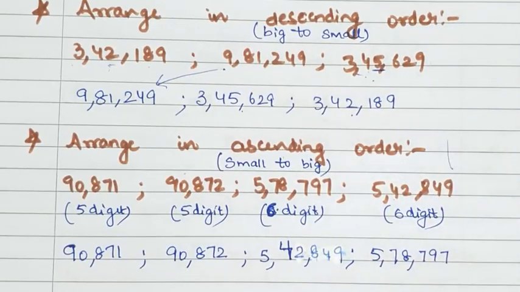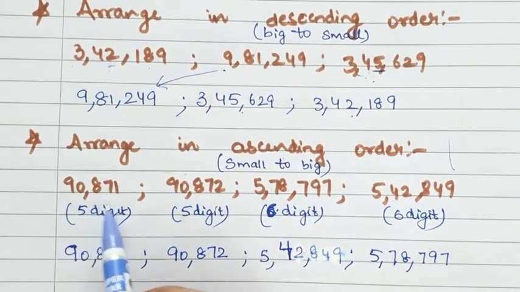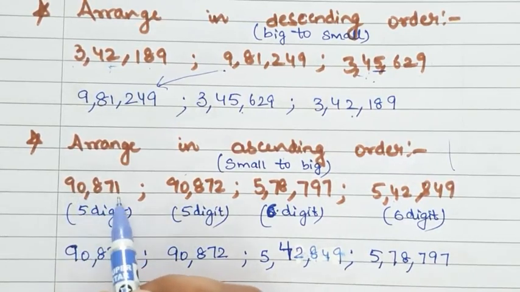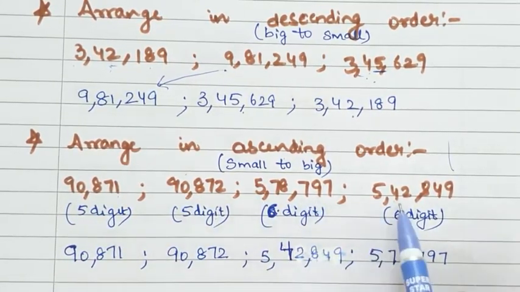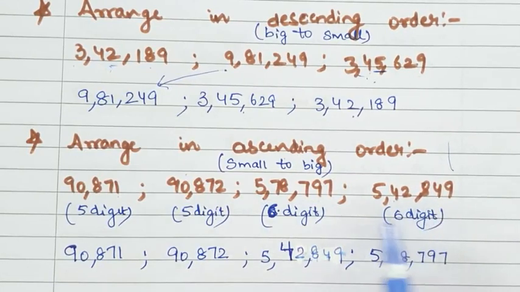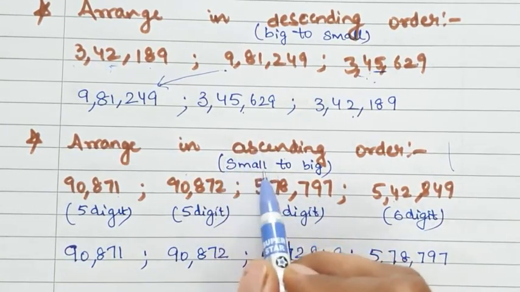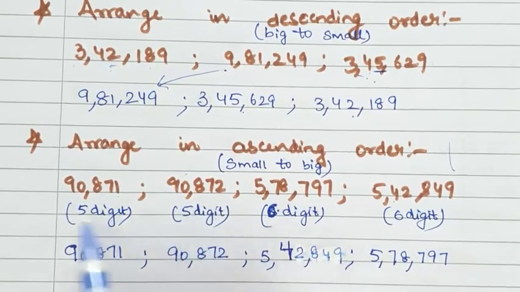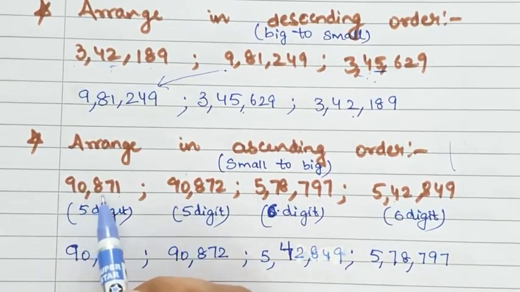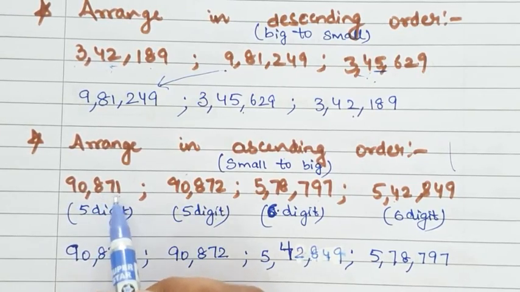So now in the next question we have to arrange these numbers in ascending order, that is smaller to bigger. So now again there is 5 digits, 6 digits, again 6 digits, but we have to start from the smaller number, so we will start from these 2. This is 90,871 and this is